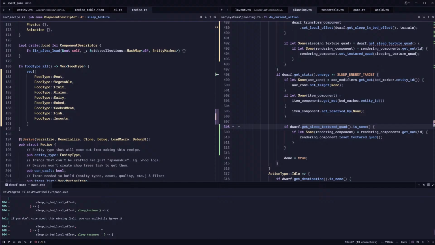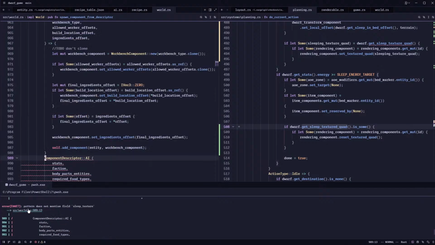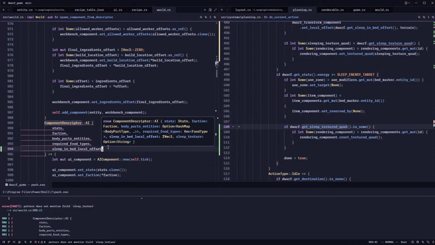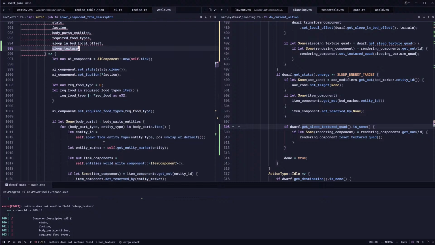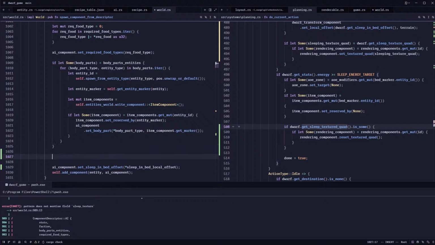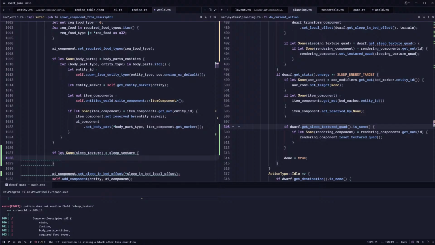Okay. Missing something here. Boom. Sleep texture. Okay. So if let Some sleep texture equal sleep texture, then texture quad would be